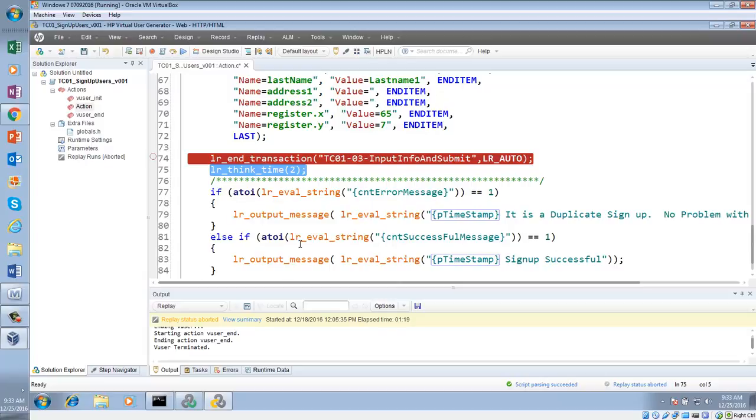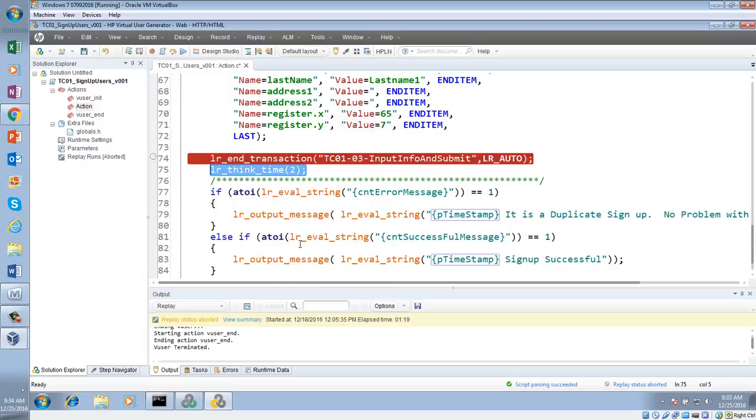No, pacing is after the transaction. At the end of every iteration, when the whole script is executed once, then we are giving pacing time.